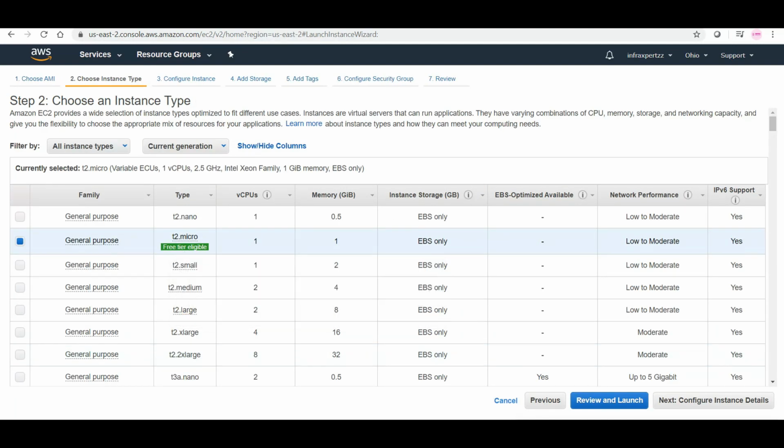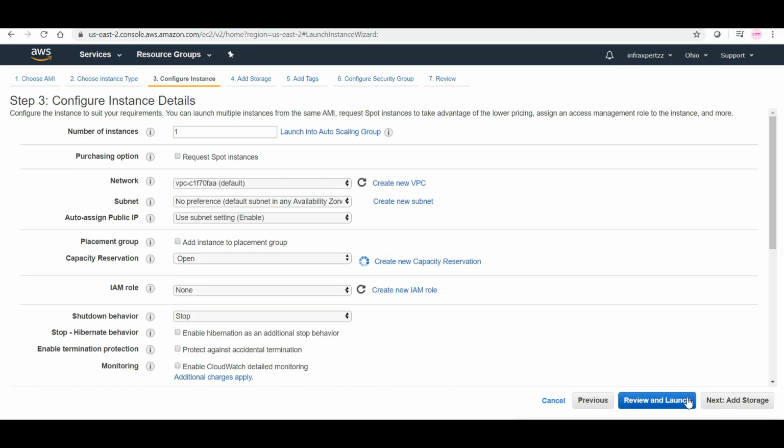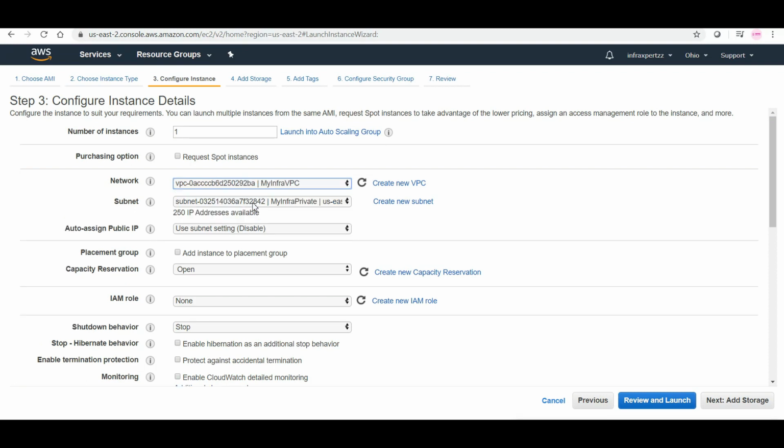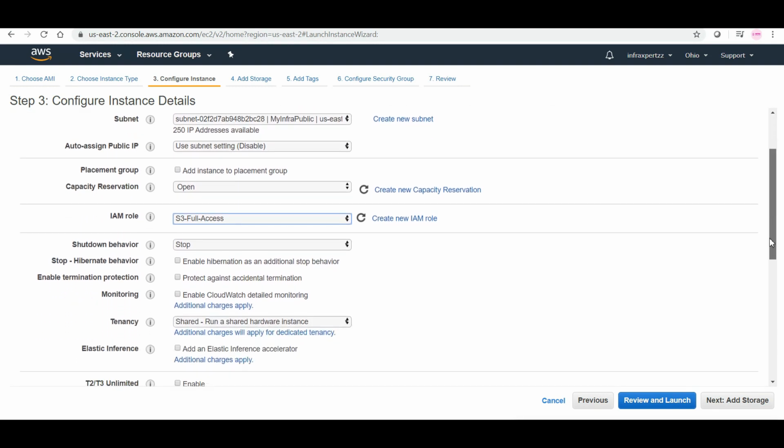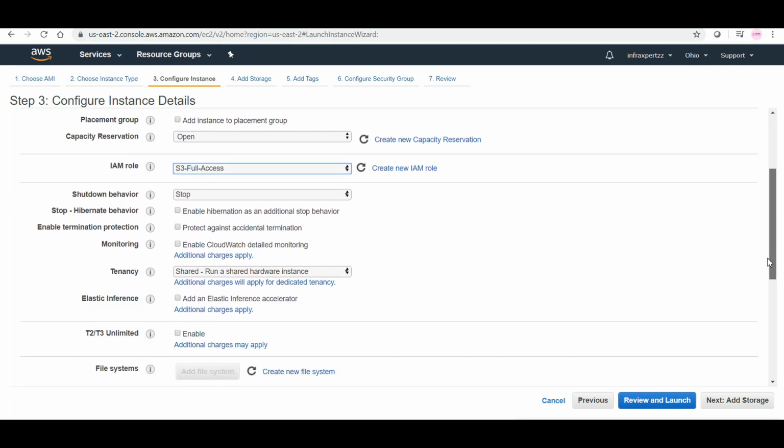We'll go ahead with the free tier version, which is t2.micro, and in here let me take this default VPC, subnet to be there, and the IAM role, let me take this one which we just created,